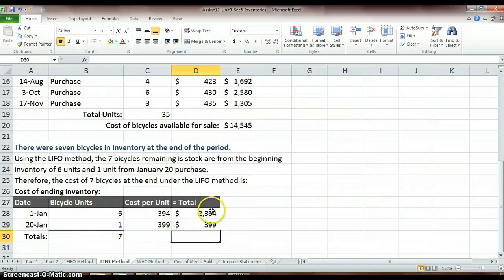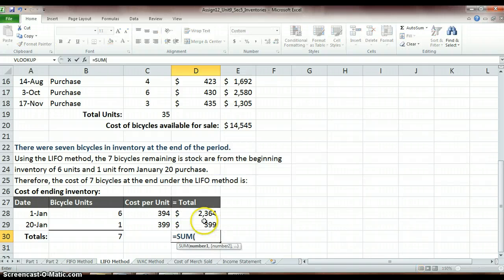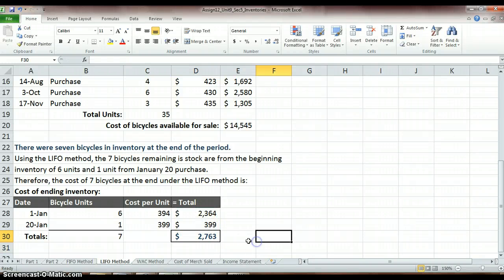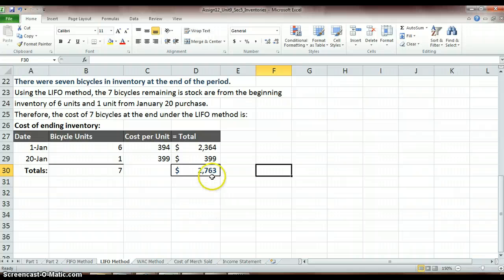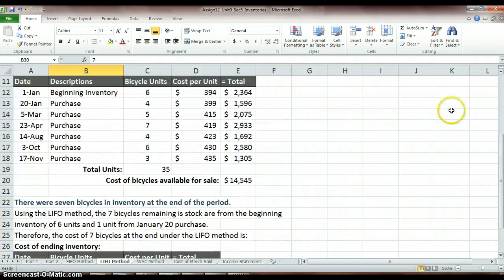And then for our total amount of the cost of merchandise that we have left, we're going to add these 2 numbers together, and voila, we have $2,763 valued. These 7 bikes are valued at $2,763 because with this last in, first out method, we paid